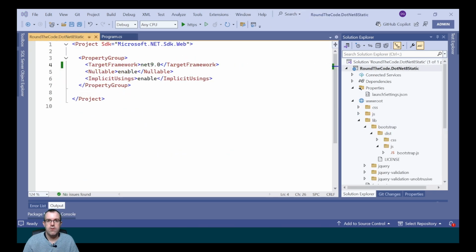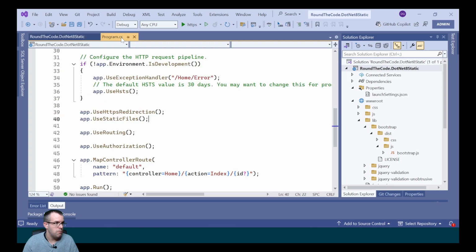If you're upgrading to .NET 9, you obviously need to make sure that the target framework is set to .NET 9.0, and in program.cs, you can change the UseStaticFiles to MapStaticAssets. And that is how you enable it. gzip compressed files are added at build time with the addition of Brotli compressed files when the project is published. It also adds content-based e-tags, meaning that the cache is only updated when the content changes.